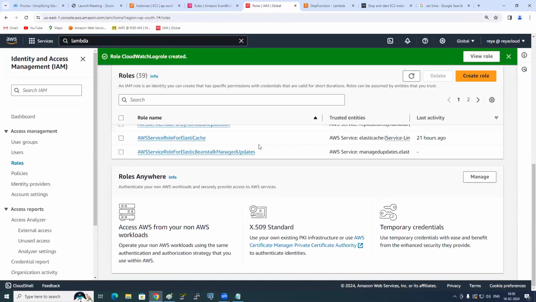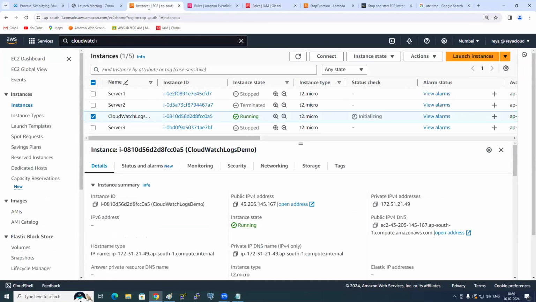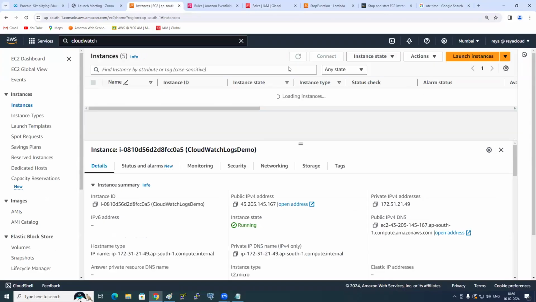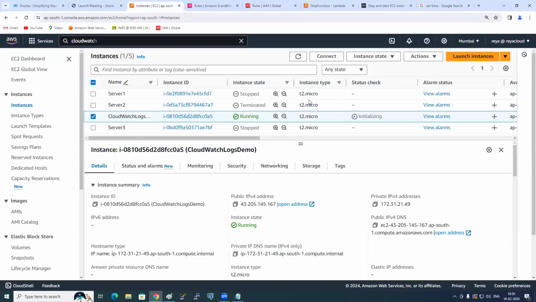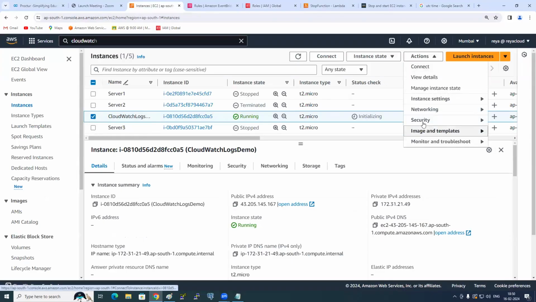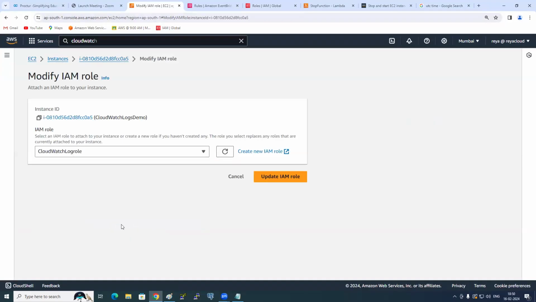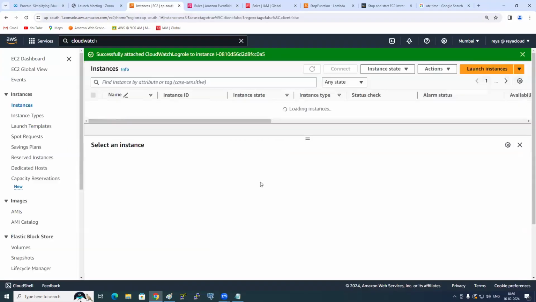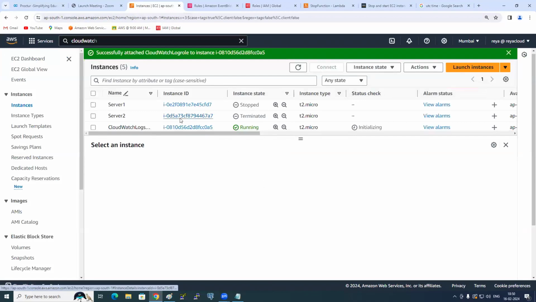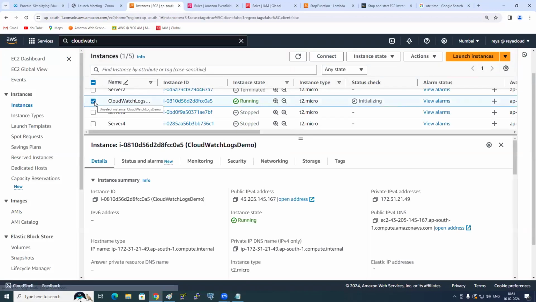Now, should we go and attach this role to the EC2 instance? How? Select the EC2 instance, then Actions, Security, Modify IAM role, refresh. Which role is that? CloudWatch log role. Understood? Now what do we do? We log into the EC2 instance and